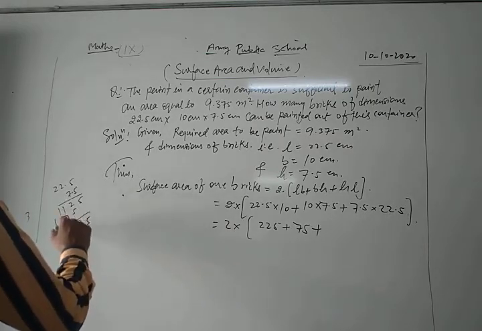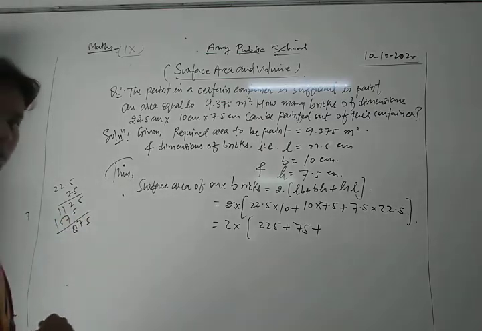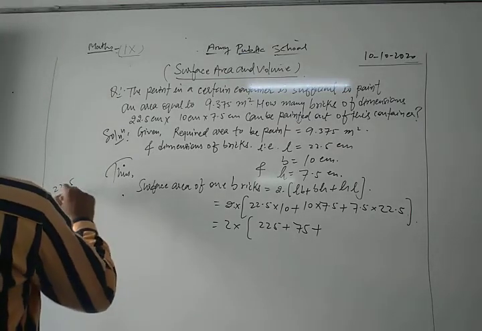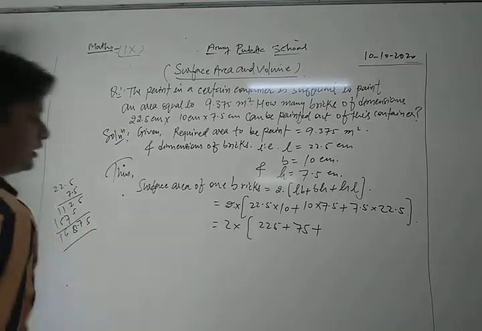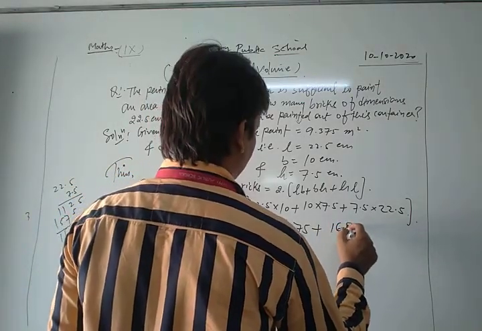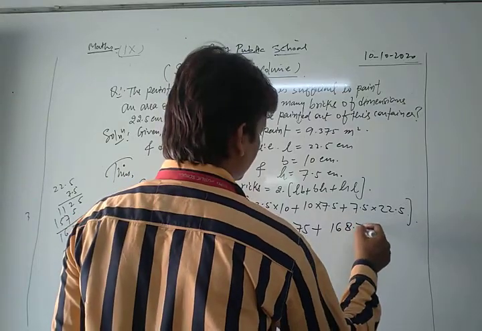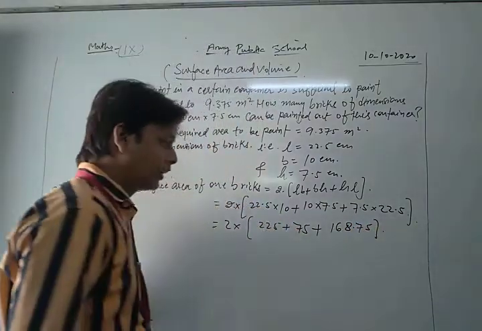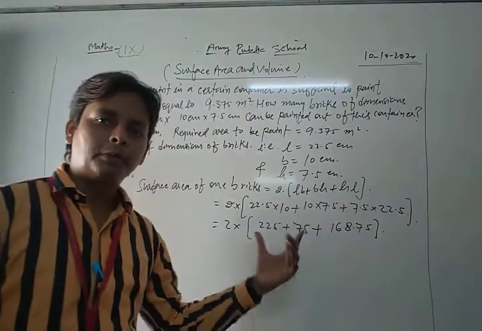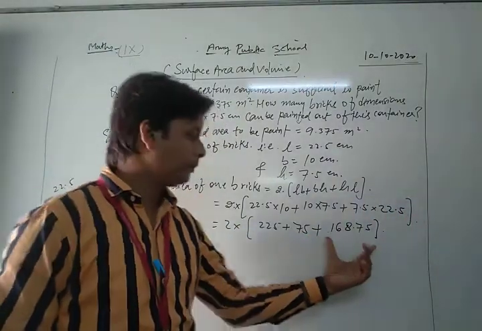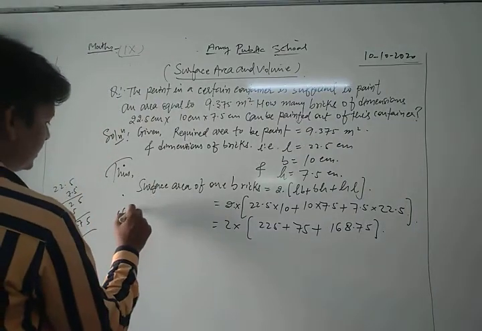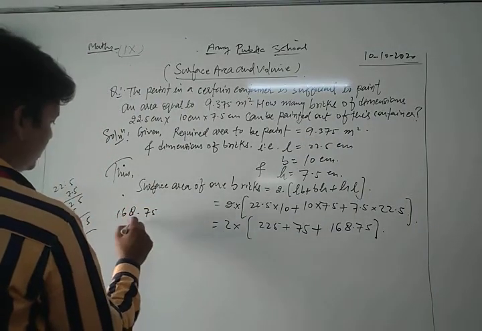5 to 7, 7 1, but 8 7 1 8 5 and 1 6 1 1 2, that is 168.75. Okay, now first of all we put all the values and multiply them and we get this. Now we add them. If we add them, then what do we get? Let's see. 168.75,